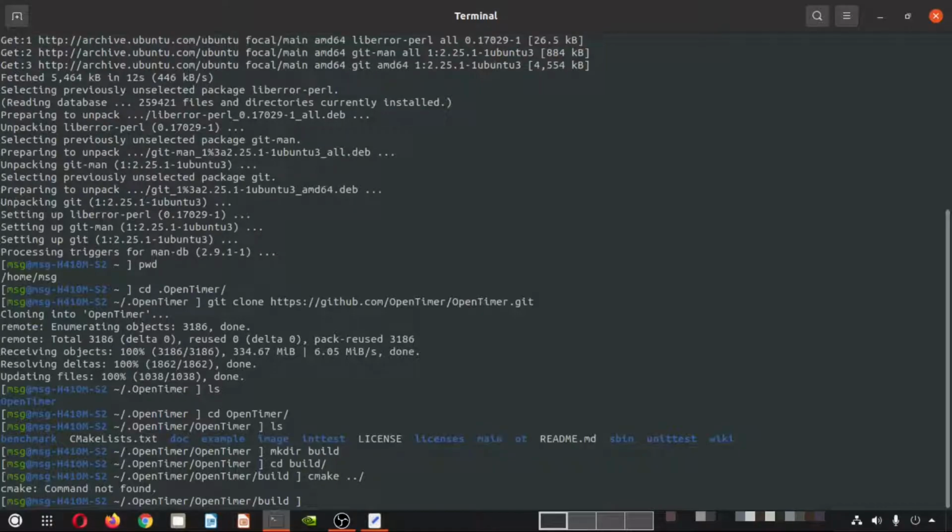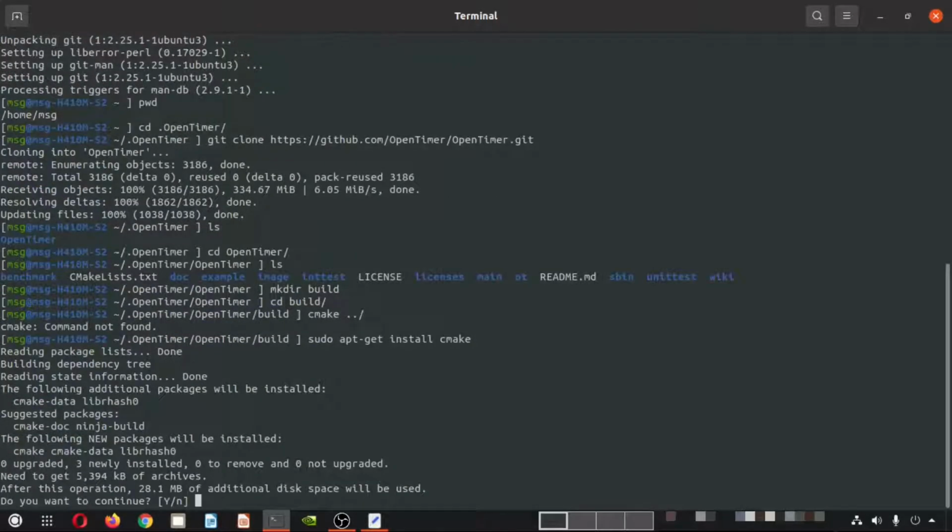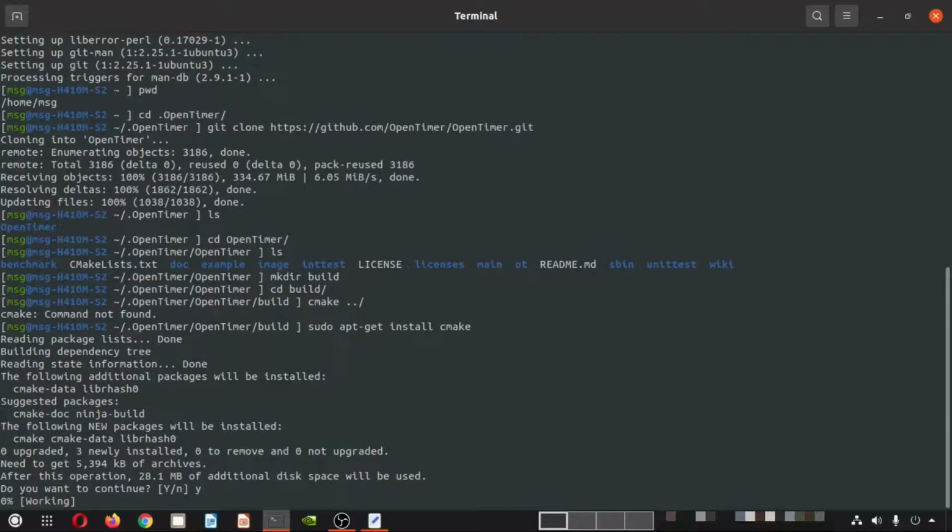Now again we face that we do not have cmake, so let me bring up the sudo command to install it. Here we install cmake. These are real-time problems when you are installing something on Ubuntu. There might be some dependencies on the go that you may have to install. Like that, here we do not have cmake, and we are installing cmake.